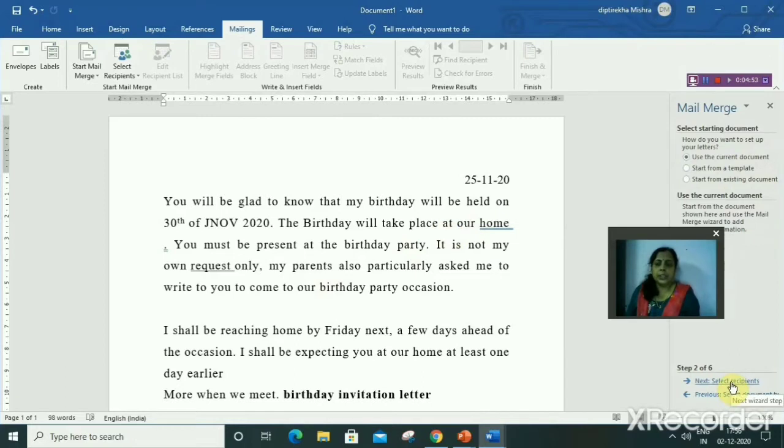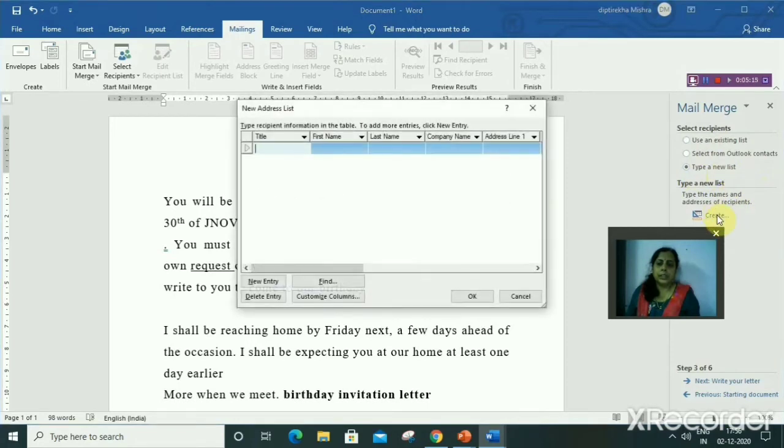Then the next one is select recipients. For select recipients you can use any existing list. If you have the recipient addresses in a list, you can select it, or you can select from Outlook contacts, or you can type a new list. I will type a new list. Then click on create.